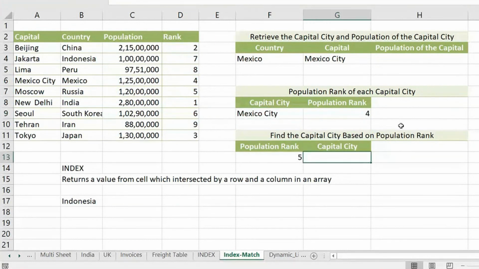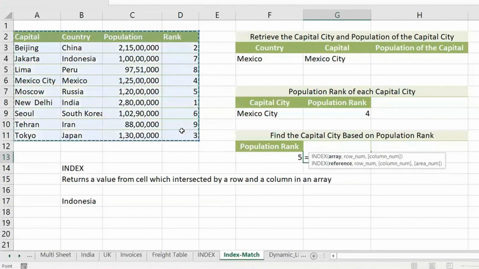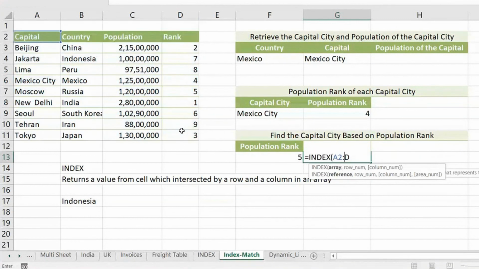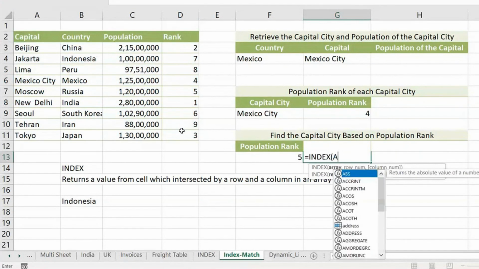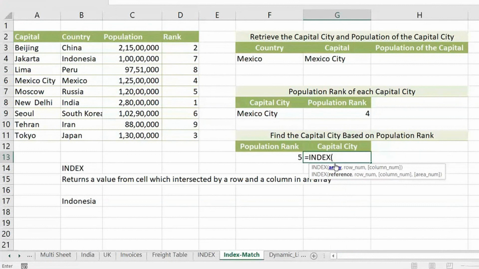Okay, I'll just show you one more example. I'll show you a still easier logic here. See how wonderful this is now. I want to get a city based on a rank. See how simple this formula is. I'll just make my work still simpler. INDEX, array. One way is the table. Now, see, there's one easier approach in INDEX. This array can be even a single column array from where you are retrieving.